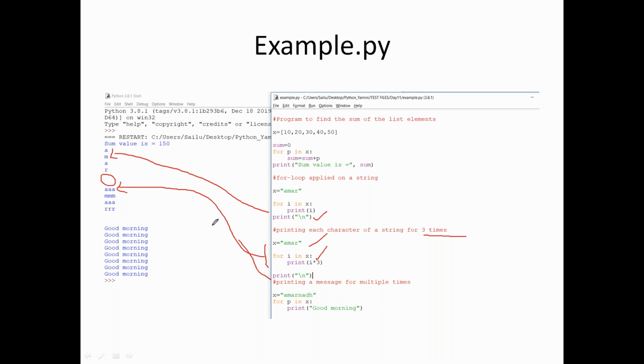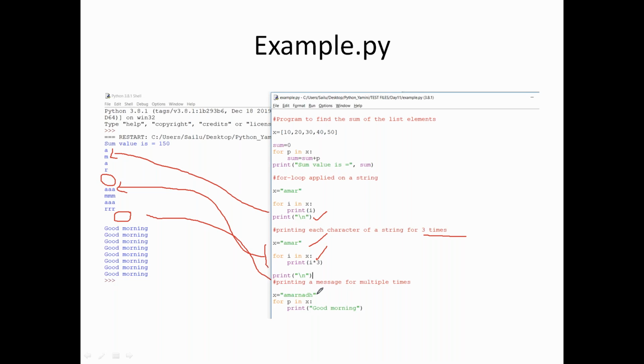And again, I'm just giving some space, print slash n. Now, my intention is that I don't want to display the values, letters or numbers which are in my X variable, but I want to display a different message, different information, using a for loop. The number of letters available in my X variable.